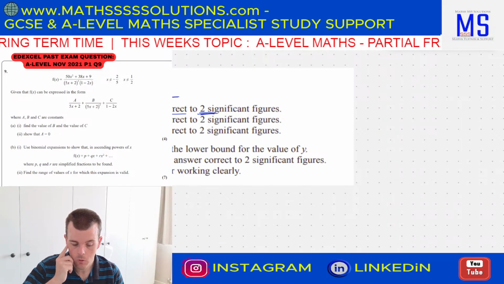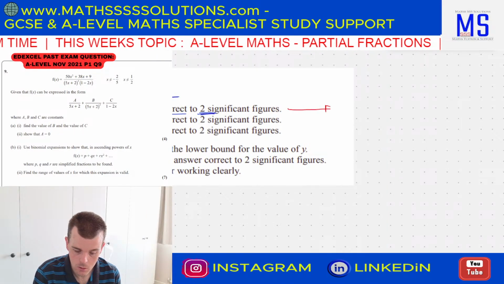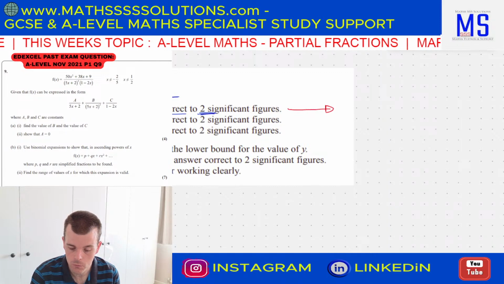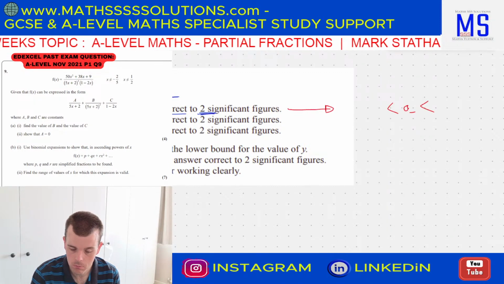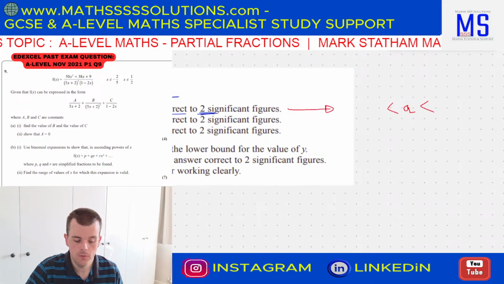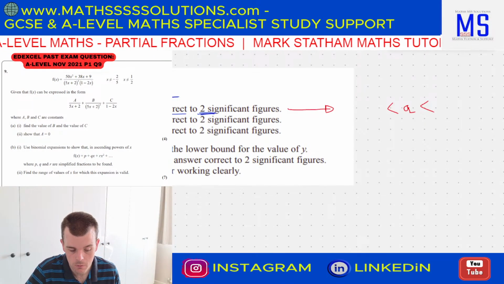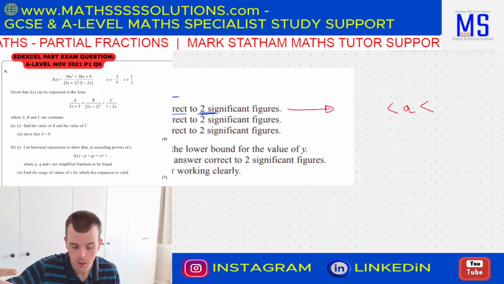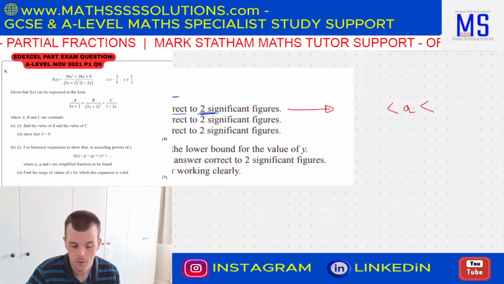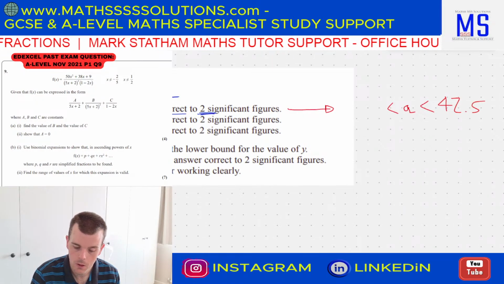And when you see these type of questions, the first thing you should do is write an error interval for each value. So a is between, if it's 42 correct to two significant figures, the 2 is the second significant figure, so it's the digit after, you have to increase by 5 or lower it by 5. So it's definitely less than 42.5 and above